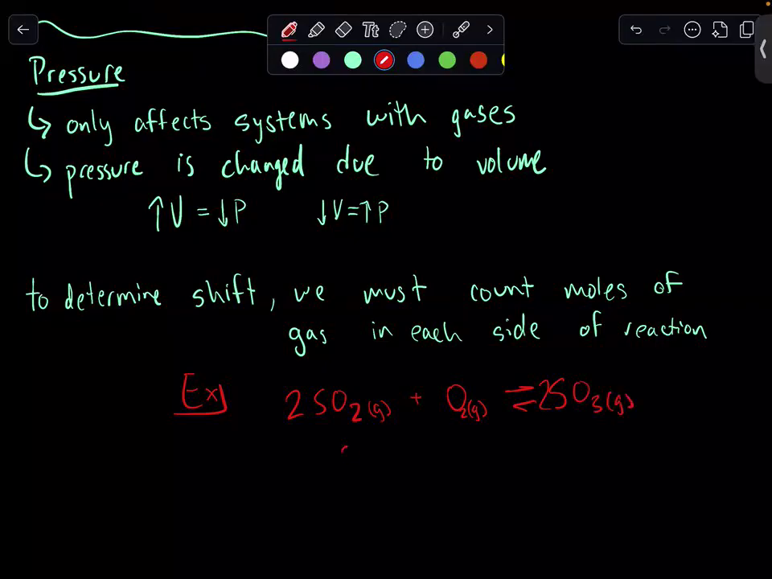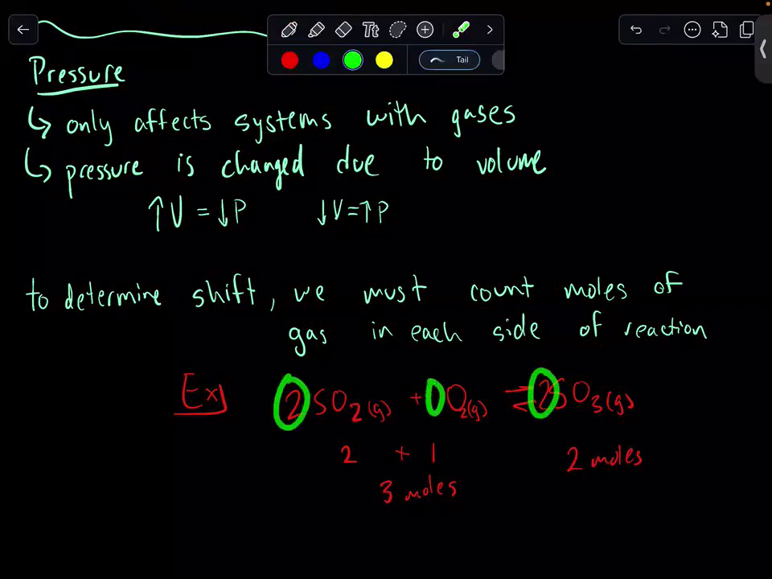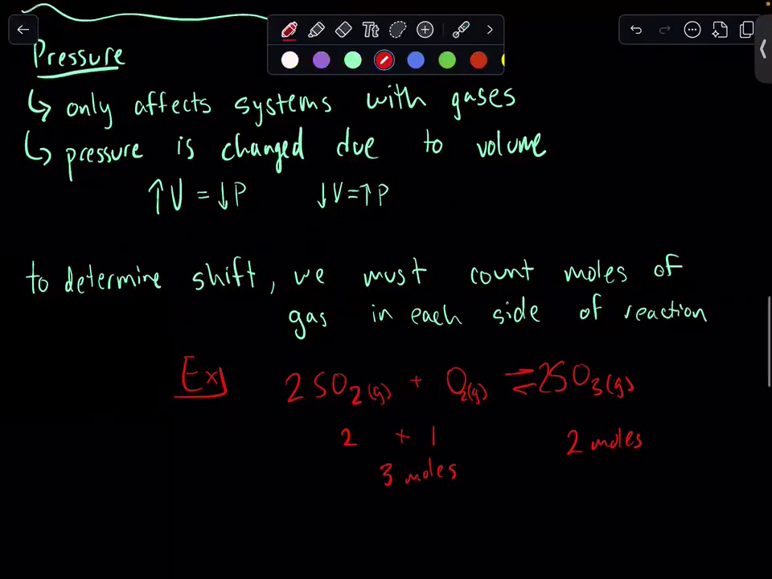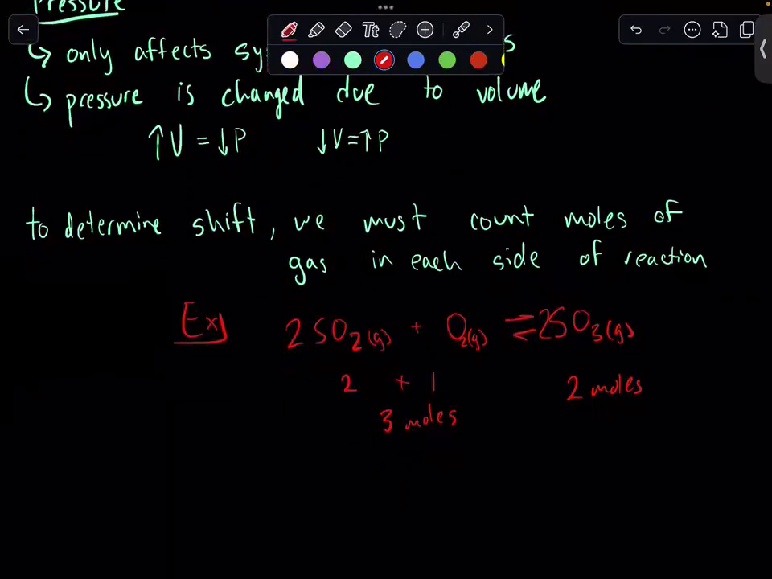We have 2 plus 1 for 3 moles, and we have 2 moles. To figure out the moles of gas, I'm just looking at coefficients. So 3 moles of gas on our reactants, 2 moles on our products. And then we can start saying that to change or resist the change of pressure, we can see that an